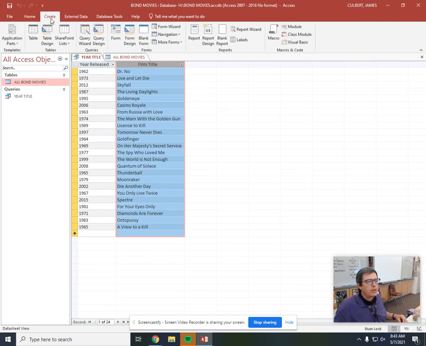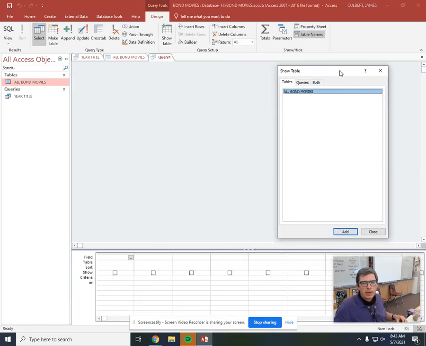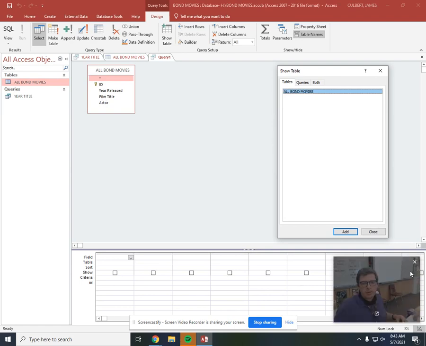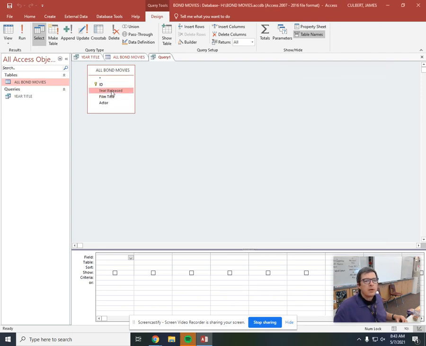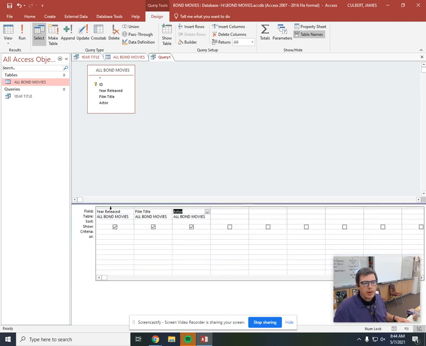and we are going to do that in query design view. Again, we're going to use that original table, and we're going to do all three of the available fields. So I'm going to close this: year released, film title, and actor. And we want to show those in order of the year that they were released. So we want the oldest at the top, that's going to be the smallest year, and the newest one at the bottom. So we'll come down to the grid at the bottom,